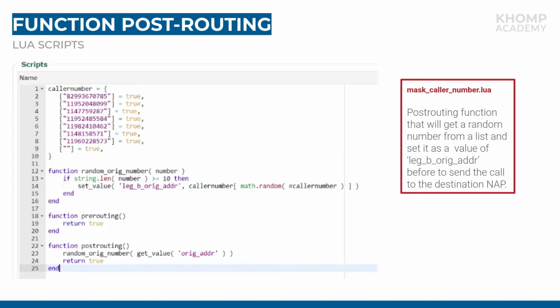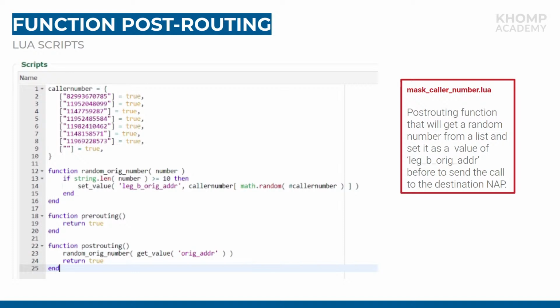So a solution for this is to contract a SIP trunk provider, a carrier, that gives you the option to modify the from in the SIP header. So you can do an alteration. Okay, I want to change the number that this customer, this person, is receiving as an origin number, as a from number. So the way to do that is some carriers give you, okay, I'm going to give you